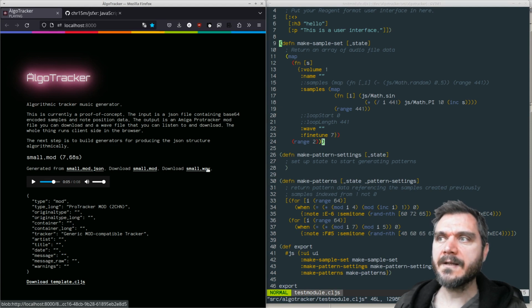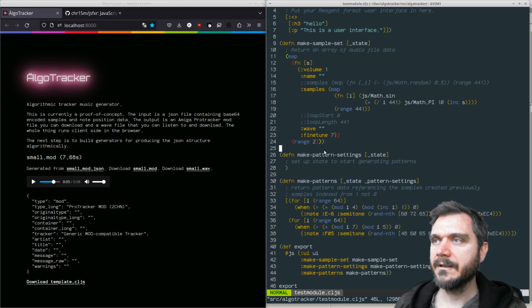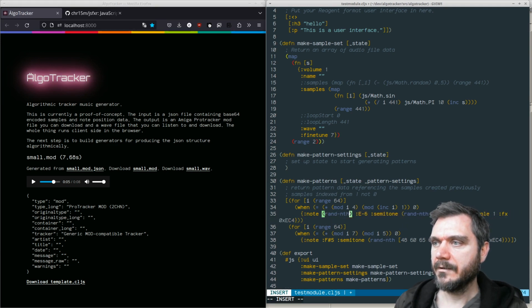You can hear now that sound is different to before. Now it's like these clicky little sine waves. And then you can do stuff like, here instead of one note, we can have it choose from a set of different notes. So E6